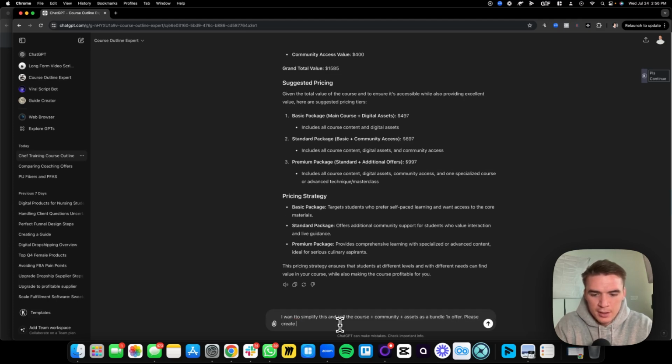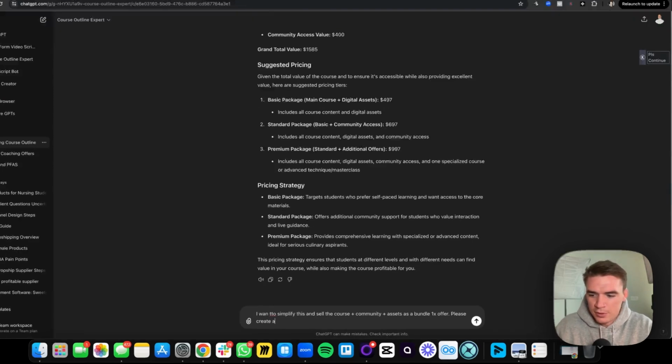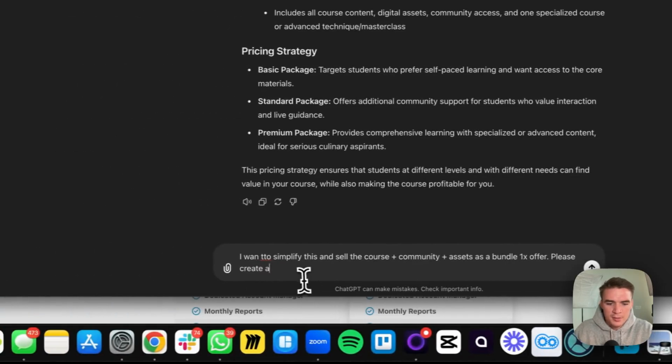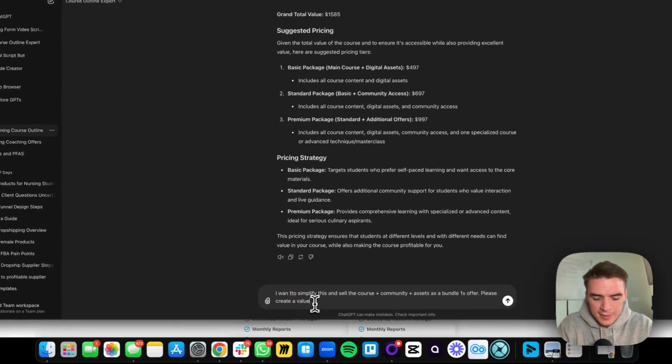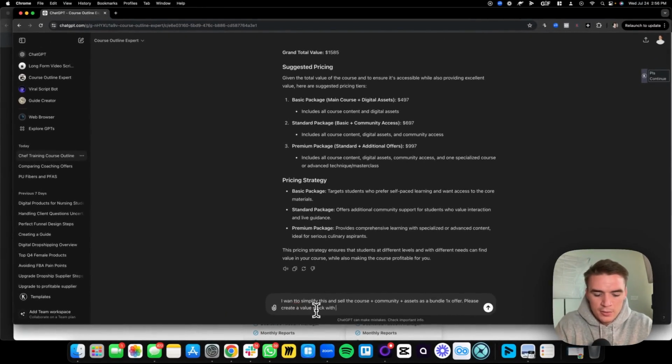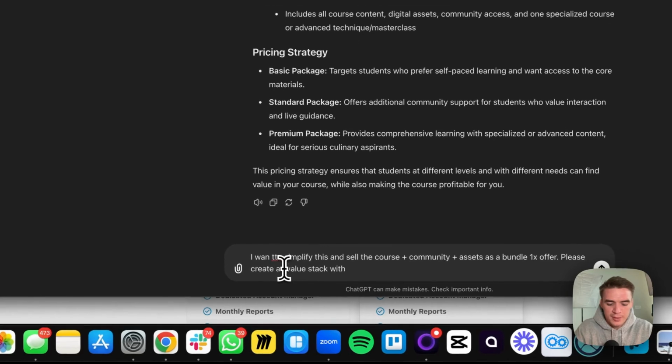Please create a... I can't see underneath this. Here we go. Please create a value stack with a simple, I'm going to create a simple value stack